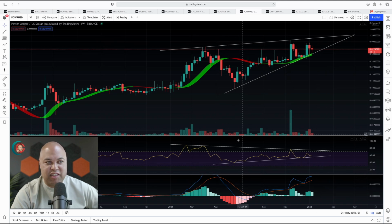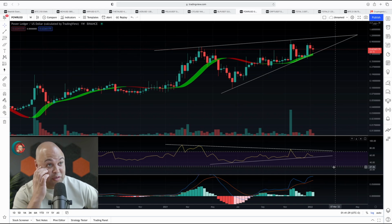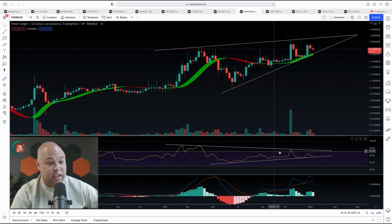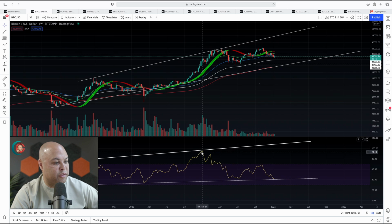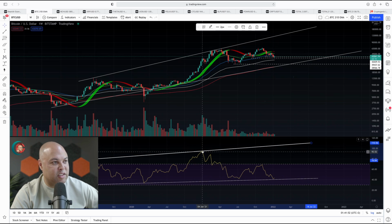Okay, what am I seeing with this? Nice uptrend in the RSI, nice uptrend in the price, uptrend in the highs, downtrend in the lows. So what does that mean? Well, unfortunately, that's bearish divergence. You're making higher highs, simultaneous lower lows. And secondly, this looks a lot like Bitcoin. If you look at the Bitcoin chart over here, on January 4th we topped out, even though we topped out in the RSI, we hadn't topped out in the price. The price continued to go up until April 12th. So there was like three plus months